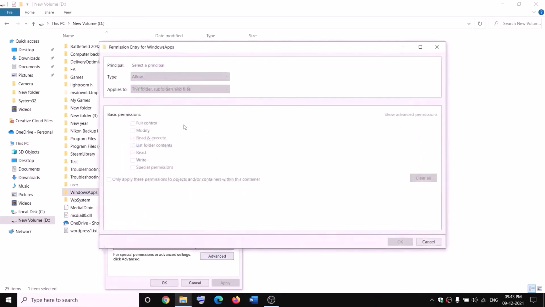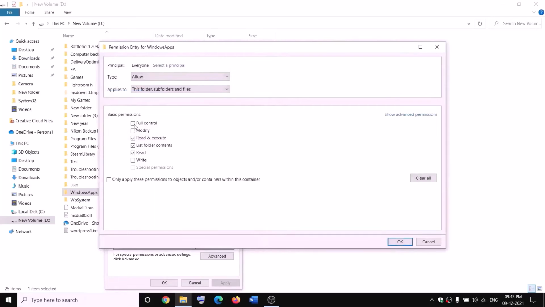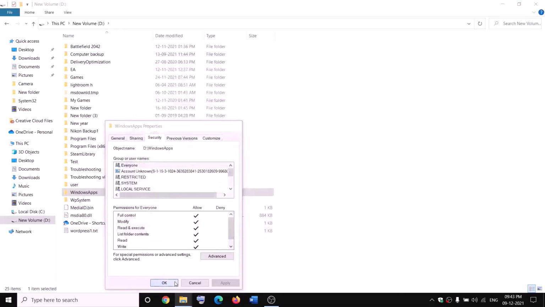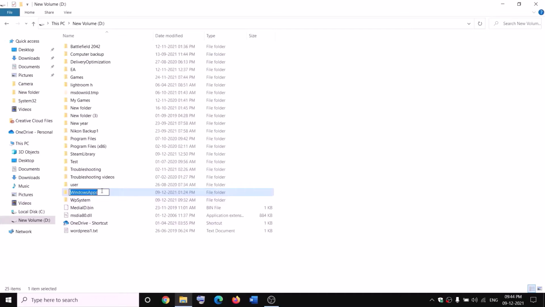click on Add, Select a principal, Everyone, Check Names, OK, put a check on the box which says Full control, OK, Apply, OK, OK. Now make a right click on WindowsApps and then click on Rename and then rename it as WindowsApps.old. Now while renaming it, if you receive any kind of error message which says file is open, in that